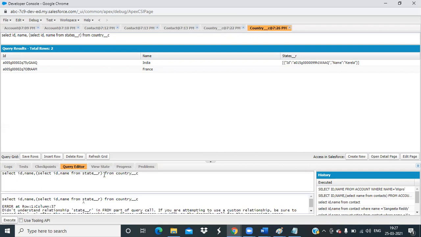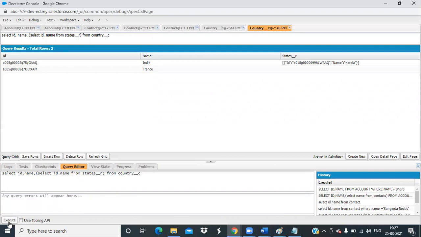Why is it giving me an error? Tell me. Because it will have states. Yes. So always write the base query first, then the relationship query will have underscore R in case of custom object. So this is the difference between custom and standard object.